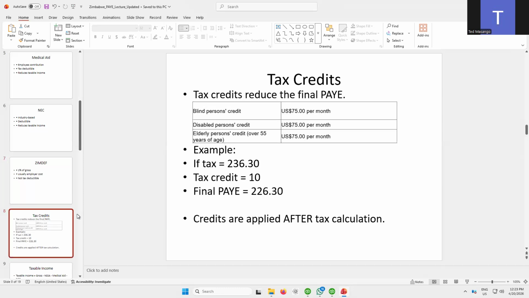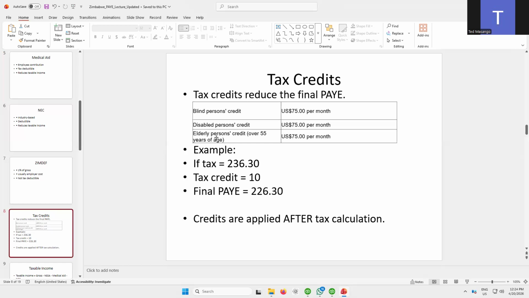Then you've got tax credits. Tax credits that we have are the blind person's credit. So you must have proved that you are blind. There should be a medical report which shows that you are blind, besides you being physically blind. And the monthly deduction is $75. The same goes for disabled persons. There should be a doctor's letter or certificate which proves that you are disabled, and you get a deduction of $75